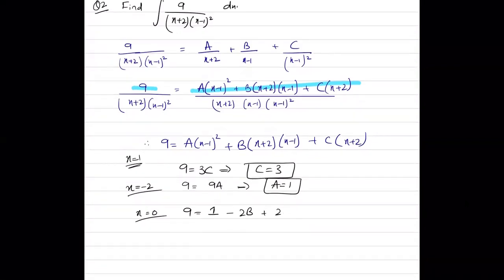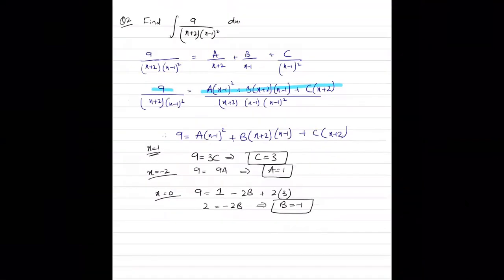So it's going to be 6, 1, 7. 9 minus 7 is 2. 2 equals negative 2b. So b comes out to be minus 1. As the partial fraction is going to be